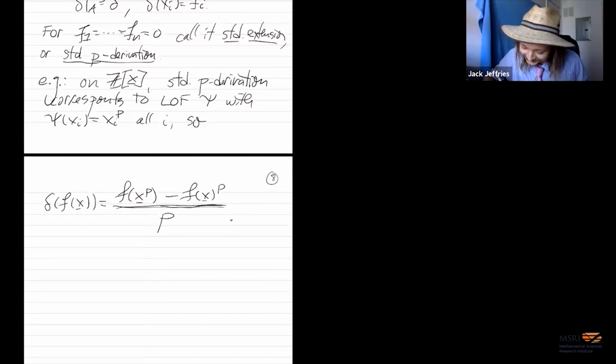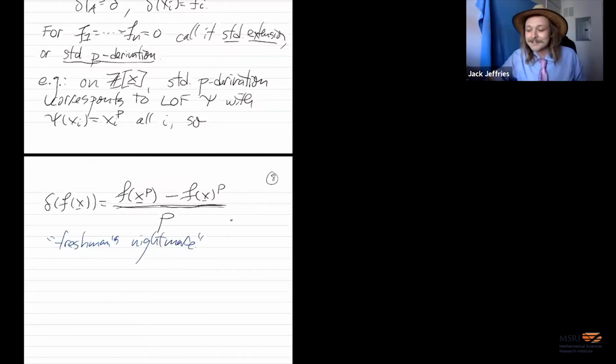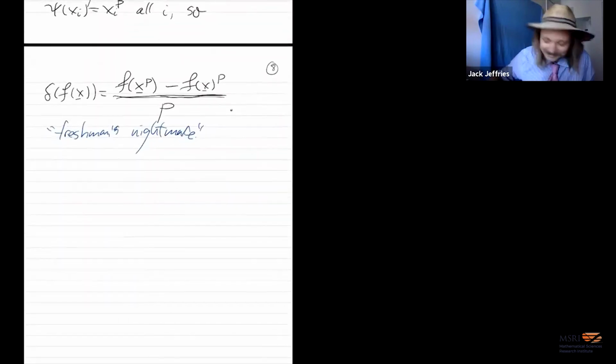I like to call this the freshman's nightmare, right? The freshman's dream is that the two things in the numerator are the same. This is exactly measuring the failure of the freshman's dream. Okay. And I guess in some sense, we can think of every p-derivation as a freshman's nightmare. Anyways, all right, let's